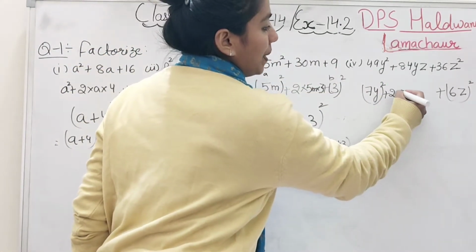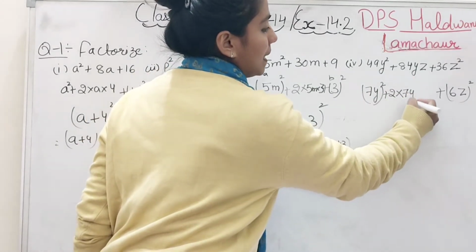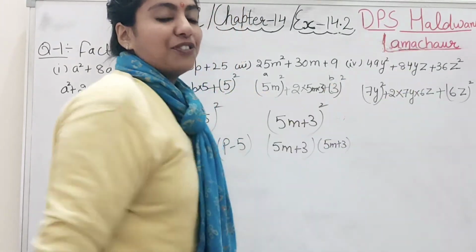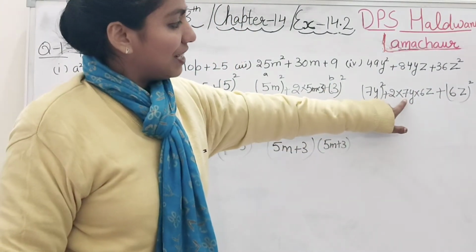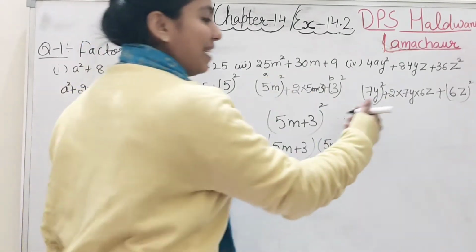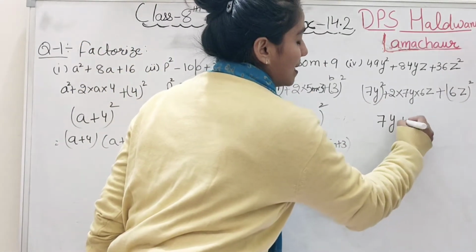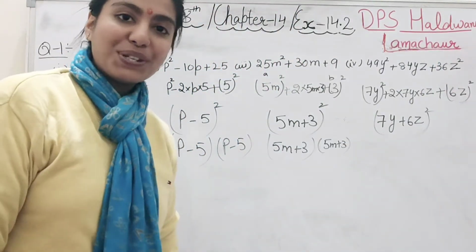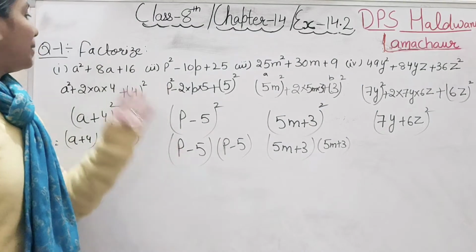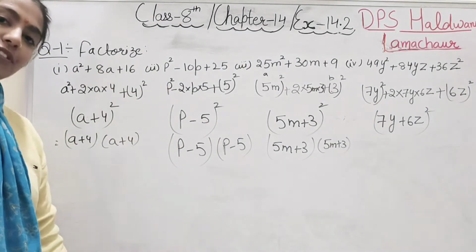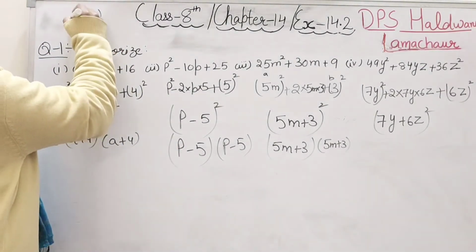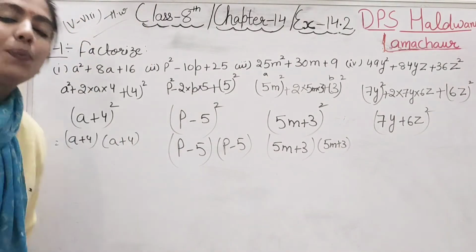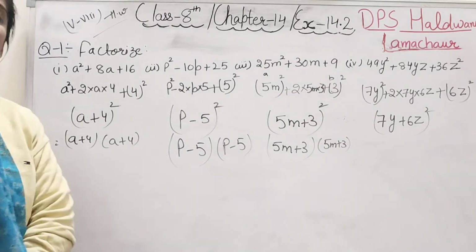Plus 2. A is 7y and B is 6z. So let's have a look. 7 2s are 14, 14 6s are 84. Yes. It means 84yz. It means again it is making a perfect square. A plus B whole square. Right, student? Very simple question, no? So, this is all about our question number 1. 4 parts I have done. 3 parts, 5 to 8, you can solve on your own. Right? So, 3 parts are homework for you. The questions are very simple, student. Right? So, this was about question number 1.